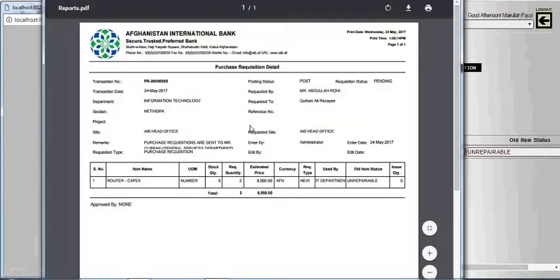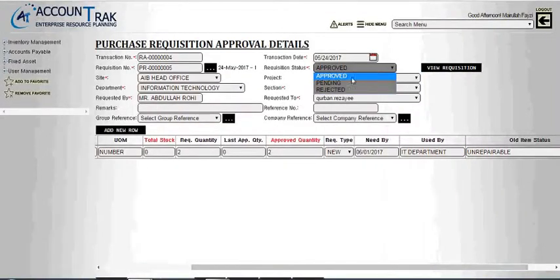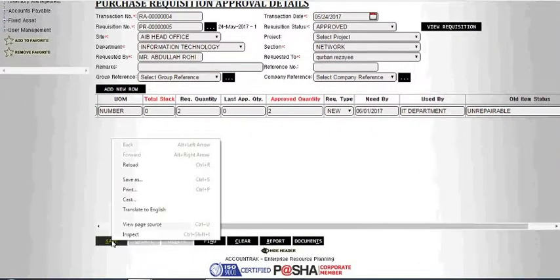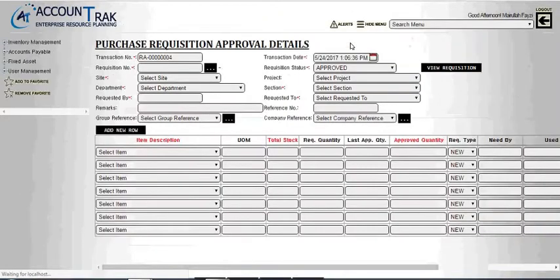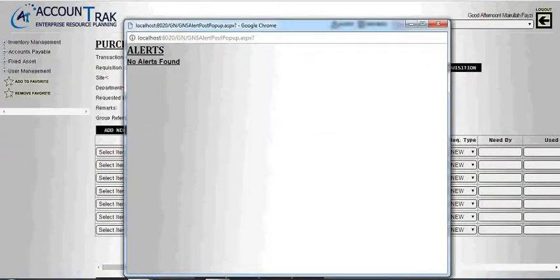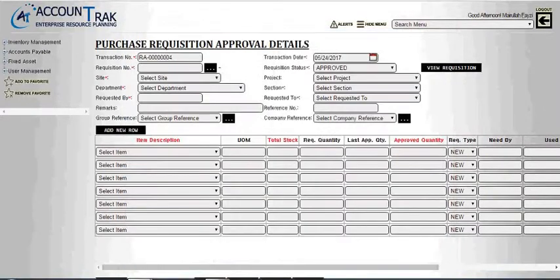He can view the requisition, that this requisition was for 2 items of 8000 AFN. Depending on this requisition, he can approve or reject it. Let's say he is approving it, and he saves the transaction. Now this authority has approved it, so it will go. Now he doesn't have any approvals left, so this approval has now gone to the second level of approval, that is